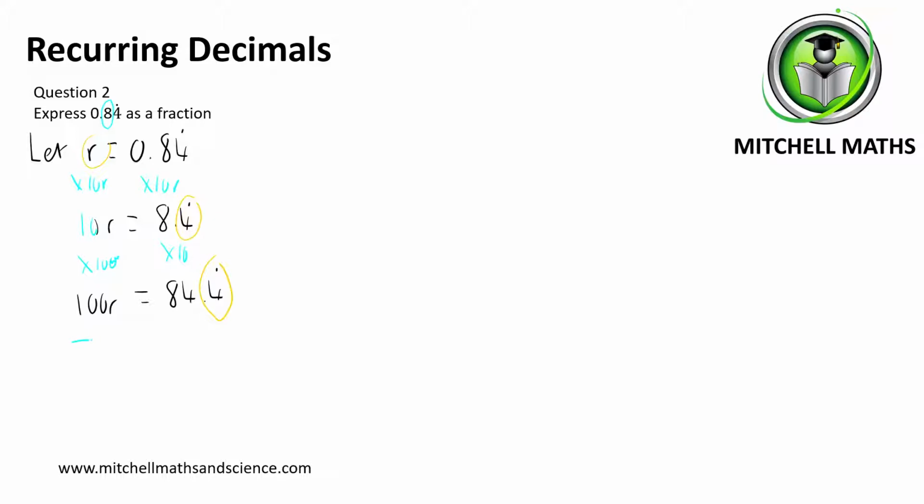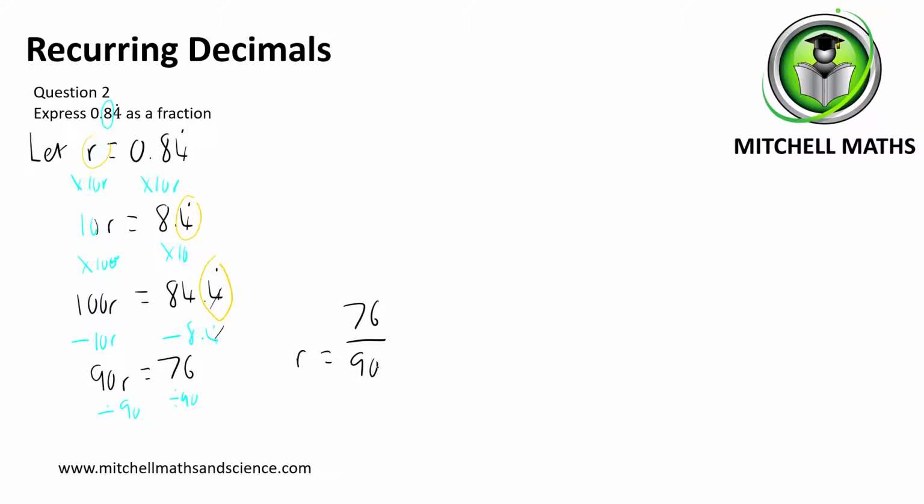So therefore, I'm going to take 10R from this, and it'll be take away 8, because 10R is 8.4 recurring. That will give me 90R equals, well, the 4 recurring will disappear. That'll just cancel out. And I've got 84 take away 8, which will give me 76. And in order to get R, I need to divide by 90, which will get me R equals